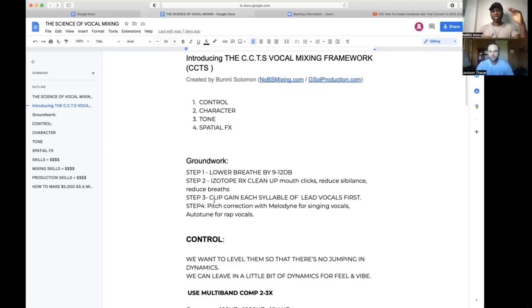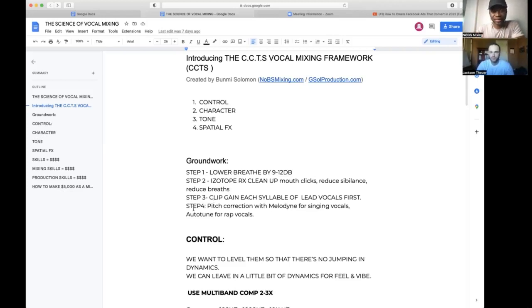So we want to level up all those syllables that are a little bit too low, but you have to be careful with that. We don't want to destroy the performance of the lead vocal because, as an artist, the dynamic is also part of the emotion. So I'm just letting you know, you kind of have to be careful. You don't want to ruin the dynamic. You just want it to be closer. So when we're using the compressor, the compressor is not working too much.